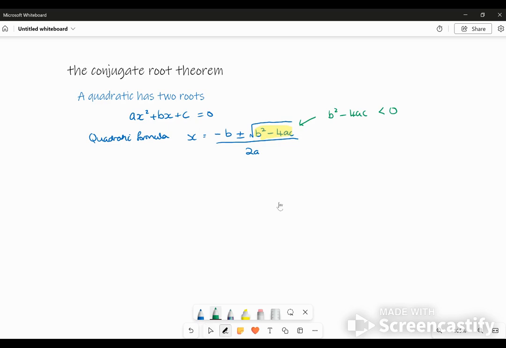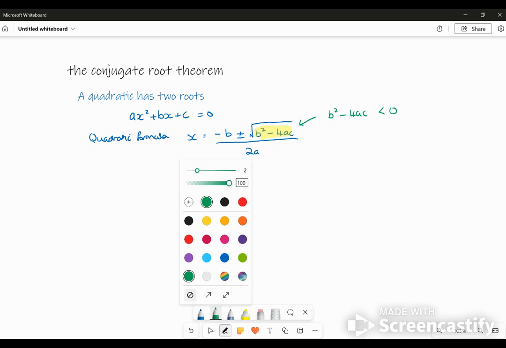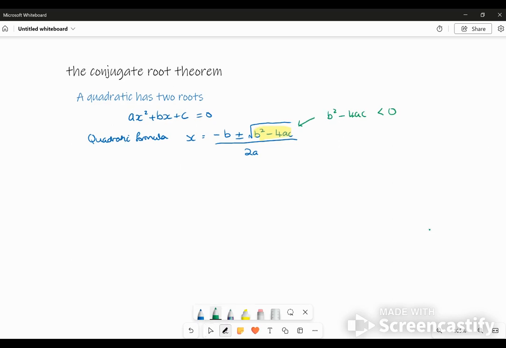If you end up with x squared minus 2x plus 2 equals 0. And we do the quadratic formula. So here b is negative 2, a is 1, and c is 2. So if we're using the quadratic formula, x equals minus negative 2, so that's plus 2, plus or minus the square root of b squared, so that's negative 2 squared, minus 4 times 1 times 2, that's 4ac, all over 2